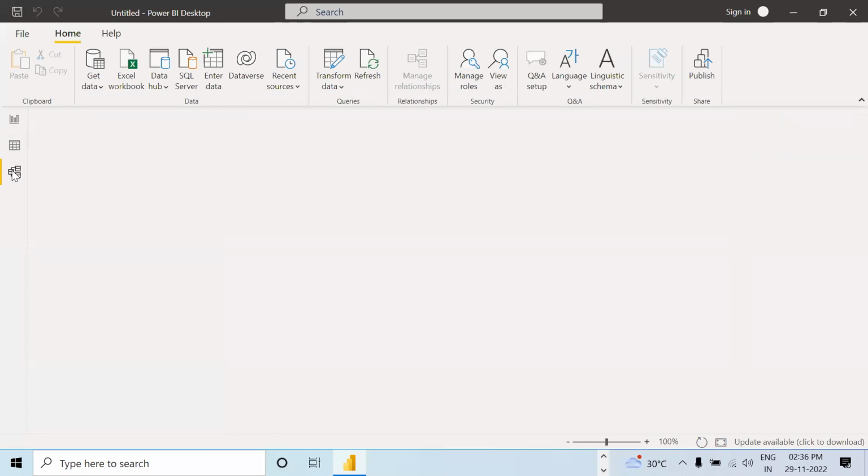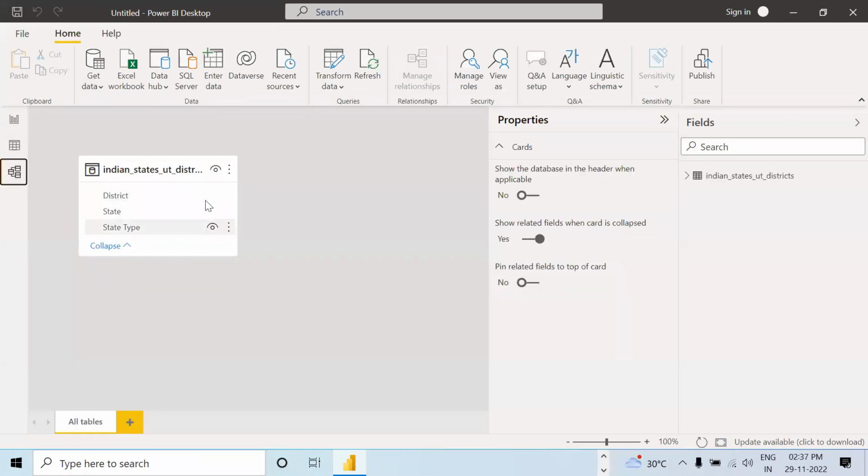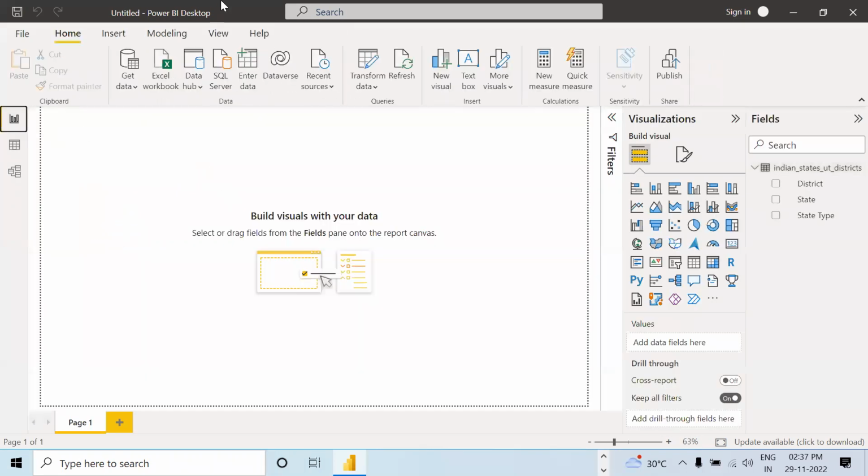Now, when you go to this model view, you can see only one table is there. When multiple tables are there and there is some common column between them, they will get connected. That I will tell you in the data modeling session that will be taken on the 4th day. Okay. So right now, what we are going to do is